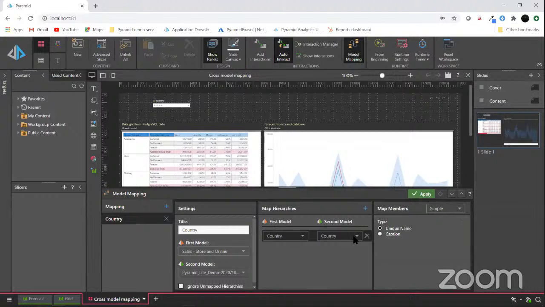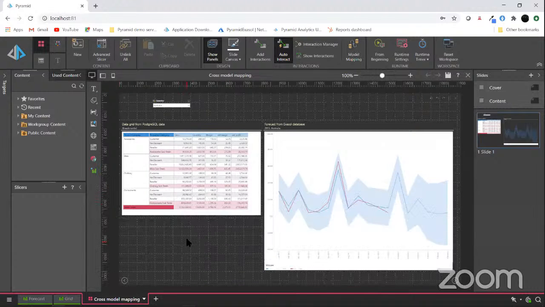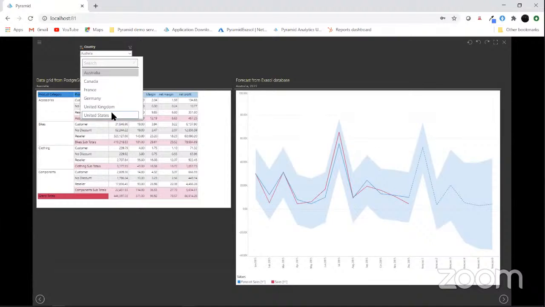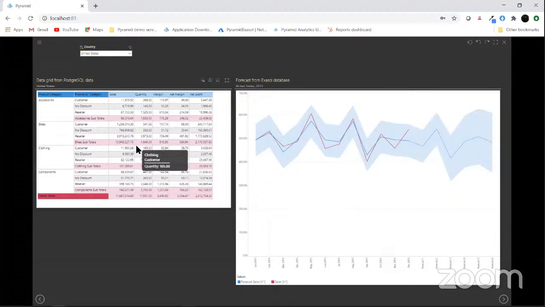Then I have full programmatic capability to match the model definitions from one to the other. But in this case, I've got common data items like country, and typically in lots of models that would be time, like years and months, etc. To be able to do this cross-model mapping means that at runtime, I can take the values, in this case from my Exasol model, of United States and then pass that across as a filter, not just to the Exasol content, but to the legacy content as well. So that's model mapping at the front end.